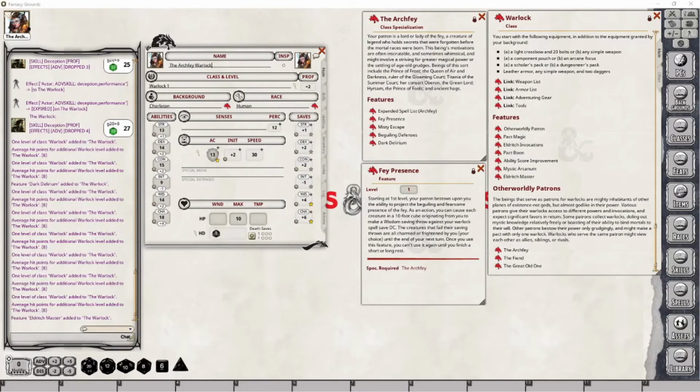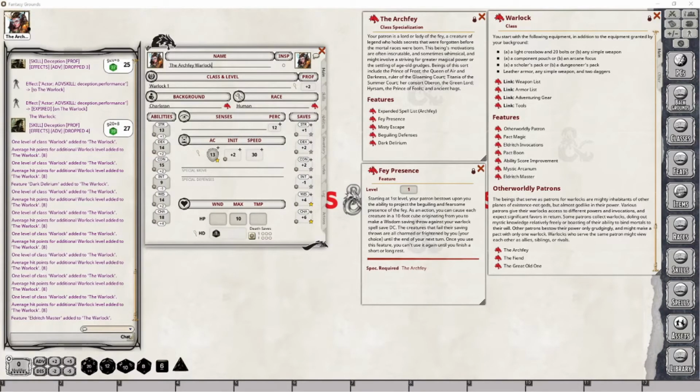The Fey Presence feature gives you the ability to project the level of awe or fear that your patron tends to exude when they're in a particular location. This is in a 10-foot cube centered around your presence, so that means 5 feet in each direction. Essentially, it's designed to scare away anyone who's in proximity of you from a melee point of view.